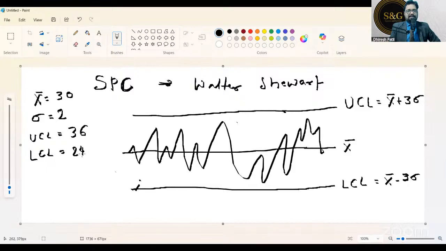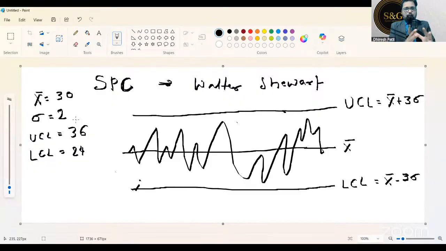Everybody is clear with this? Just give me yes in the chat box. So 30 plus 3 standard deviation, that means 2 into 3, which is 6. So 30 plus 6 is equal to 36. And 30 minus 6 is equal to 24. Everybody is clear? Anybody who is not clear, let me know in the chat box. Anybody in the room who is not clear with the simple calculation and formula? If you're not clear, don't hesitate to say no, okay? Just because everyone answered does not mean you have to be at the same pace. I will be very patient. Clear hai?